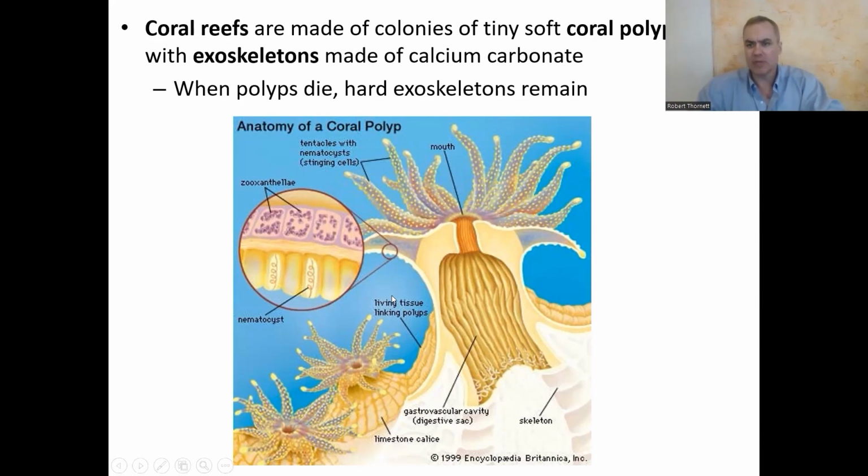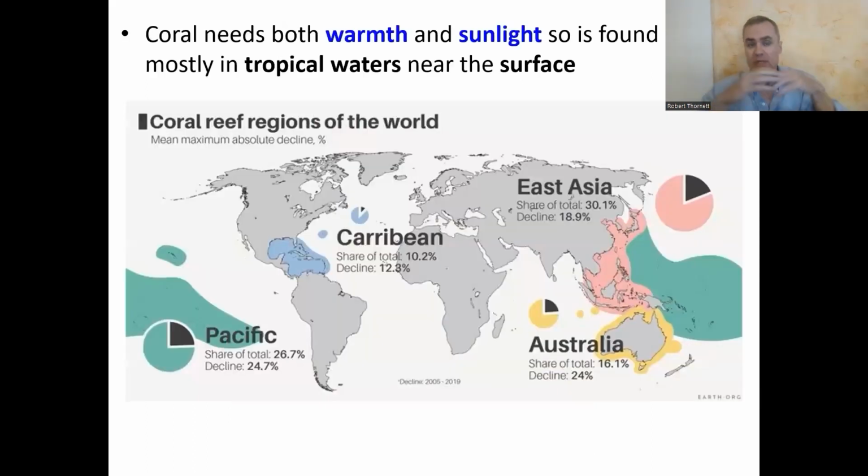So that coral reef then provides a structure in which other species can live and dwell and eat, feed, and stuff around there. So the coral reefs provide the overall environment, and many other species live there. Coral cannot just grow anywhere. It has to be warm, and it has to have sunlight. So coral reefs are found typically in tropical waters where it's warm, and not on the bottom of the ocean, but up towards the surface where the light can still penetrate, the photic zone towards the top of the ocean.